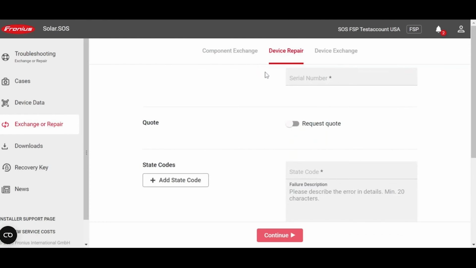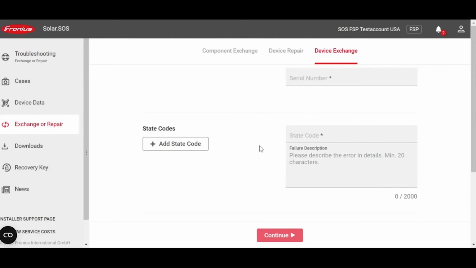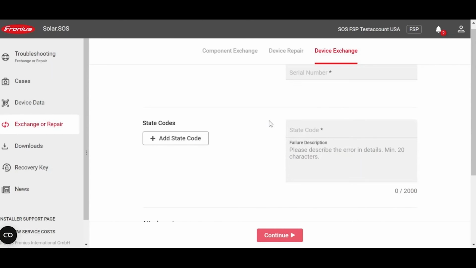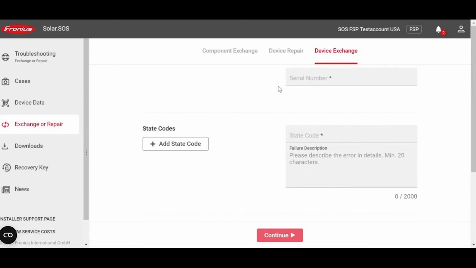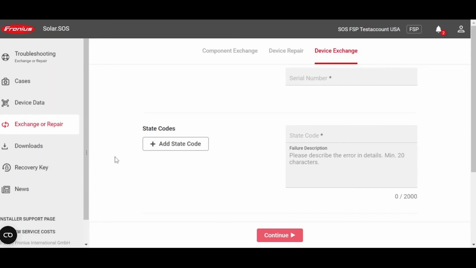Like I said, you can do device repairs. So you might be on site, looking at an inverter that was fried from utility, or maybe has an installation error, something like that, and it's no longer working, and it's not going to be something that Fronius can cover. You can just quote a repair directly through SOS, which is really cool, as well as device exchanges. So if the last issue for the troubleshooting was some type of measuring issue, we can't find out exactly what the problem is, and you just need to have it replaced, you can do that directly through here. Now, like I said, this is an FSP only option. As you can see, I have an FSP account here,